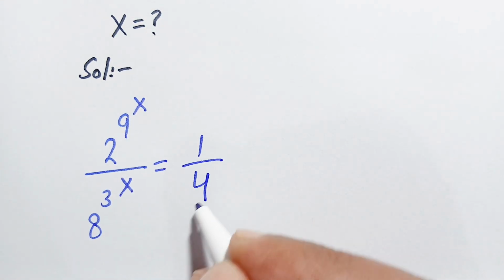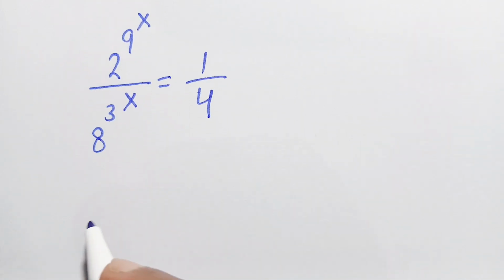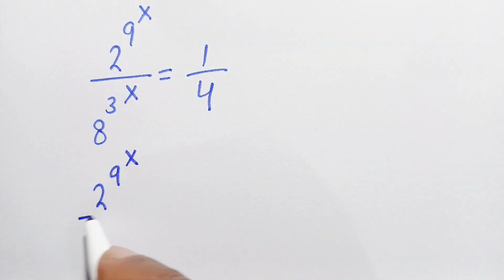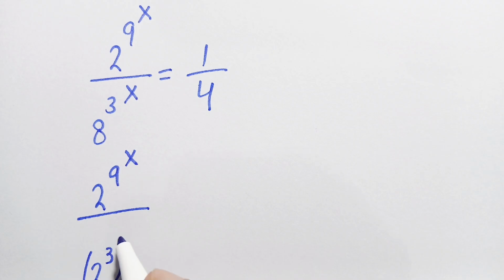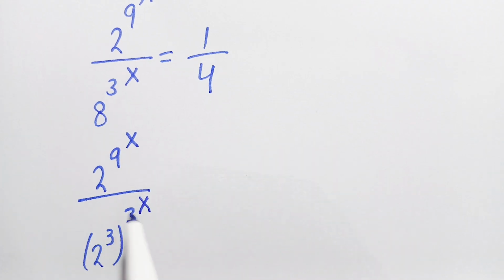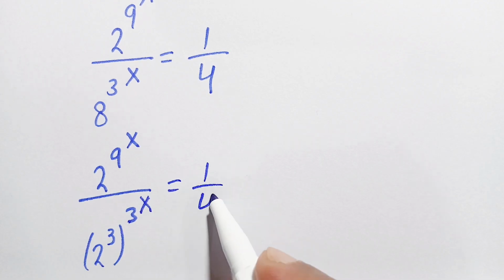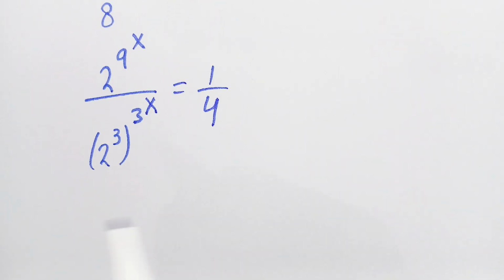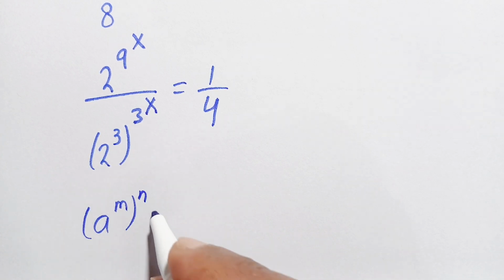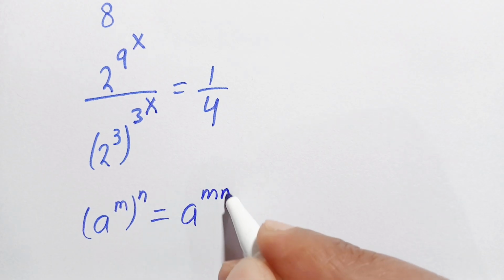Now we can write 8 as 2 cube, so the denominator becomes 2 cube to the power 3^x, is equal to 1 by 4. Now, as we know that (a^m)^n is equal to a^(mn),